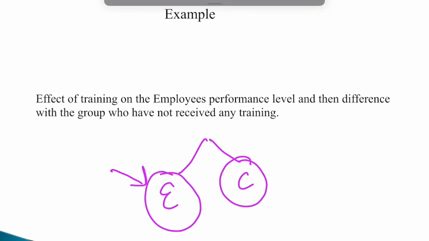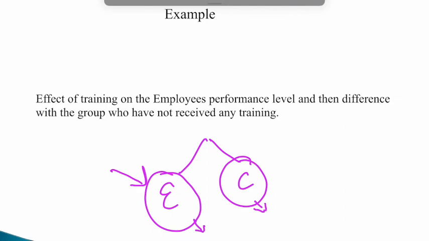So definitely you can see the effect of that training, because if you see the training and development departments of the organizations, they spend a lot on the training. So specifically, if they want to measure whether these trainings are really improving the efficiency of the employees or improving, you can say, the knowledge level or whatever the parameters, so definitely this check will help the organization understand whether this training is really helping the employees or not. So then we can have two groups, and then after introducing the experiment, we can have the readings of both the groups and can check the difference in both. So this was the example of static.